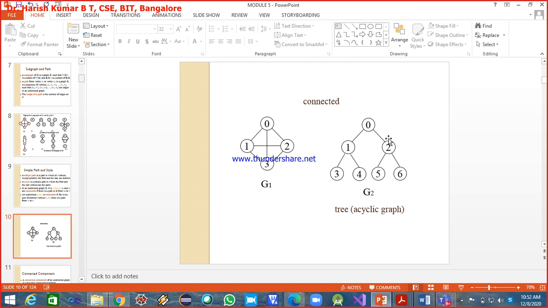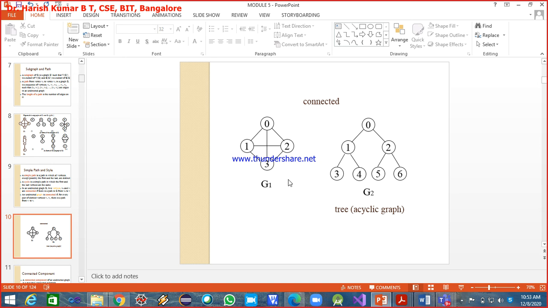Understood? Complete, or fully connected. For you to make this complete, say from 0, now you have a path only to 1 and 2. From 0, you should have a direct path to 3, 4, 5, 6, and from 1 again the same thing, 3 again the same thing, 4 again the same thing. A direct path is required to all other nodes, and this is an undirected graph but not a complete graph, because we don't have a direct path to every other node. But this case is different. This is undirected but complete. Why is it complete? Because from every node there is a direct path to every other node.